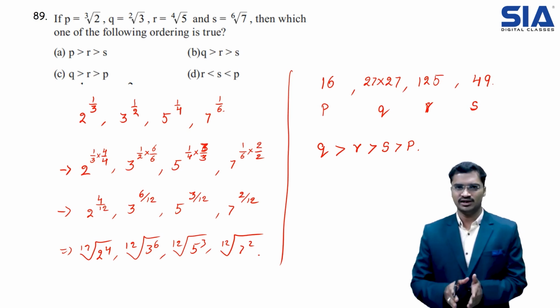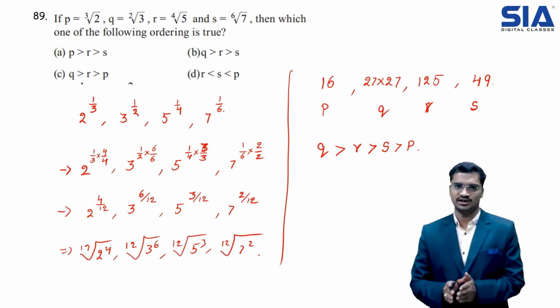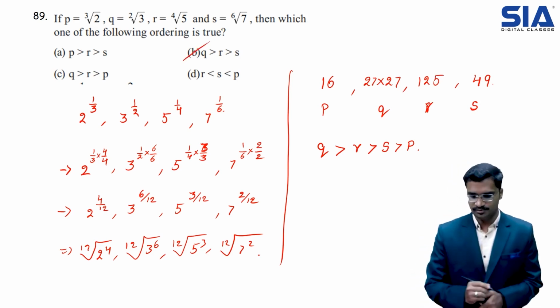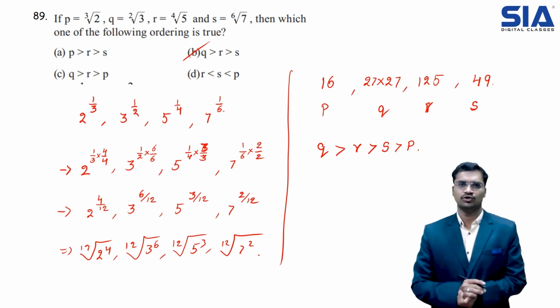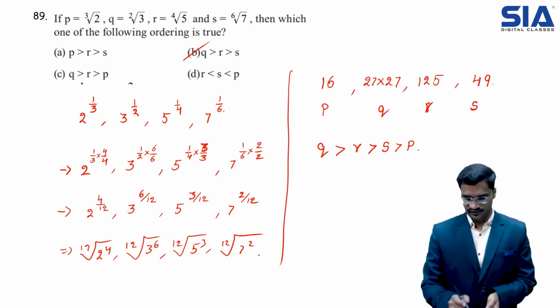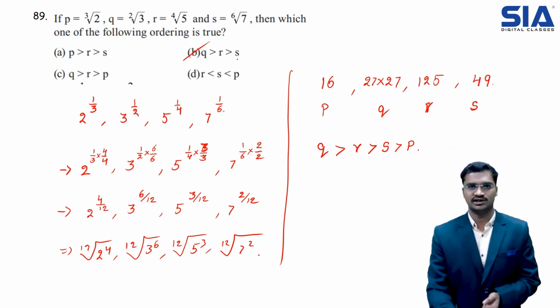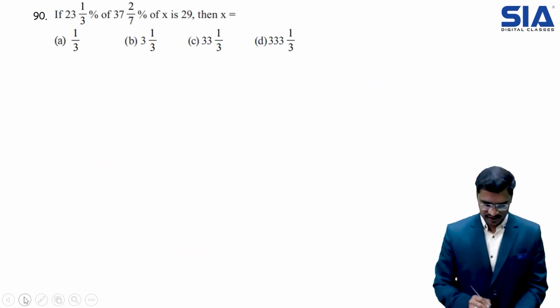Q is greater than R is greater than S is greater than P. So here option B satisfies our condition. So here option B is our answer, where Q is greater than R is greater than S. Now coming to the next question, which is